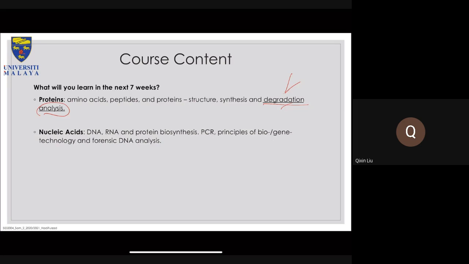So moving back to the lecture content. Proteins, on Tuesday, we looked at the degradation analysis. We looked at full hydrolysis, for example, using 6 molar hydrochloric acid, 100 degrees temperature, and giving it about 24 hours. Then you'll be able to hydrolyze the whole structure of a protein or peptide into its individual amino acid components. We also looked at half hydrolysis, or partial hydrolysis.